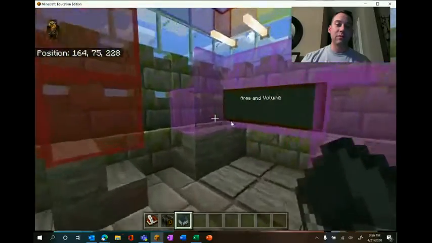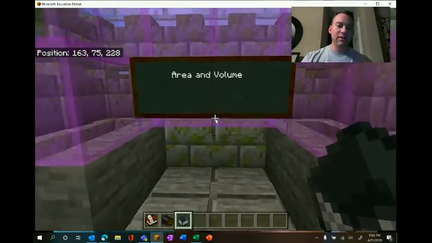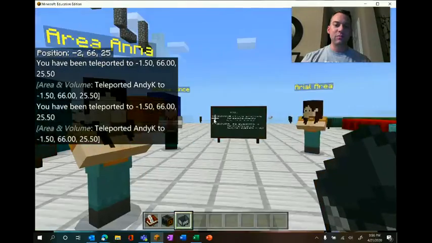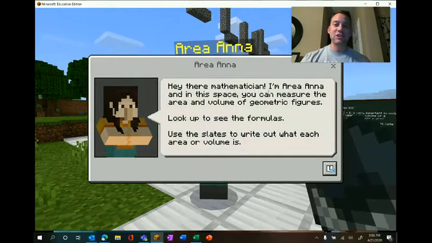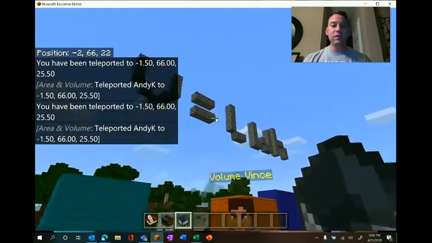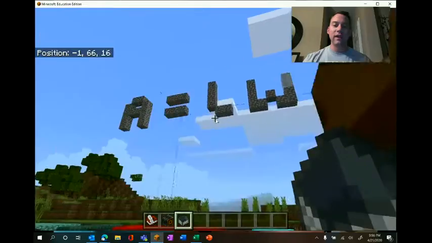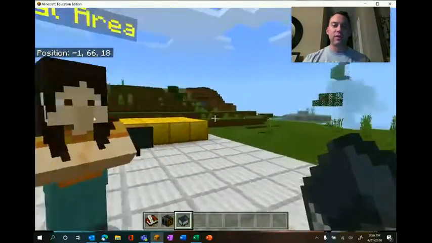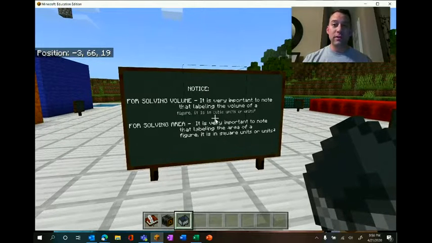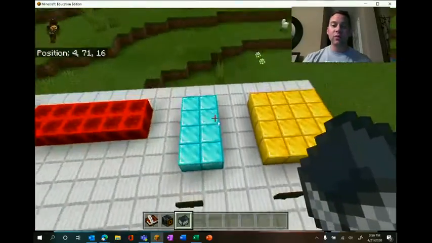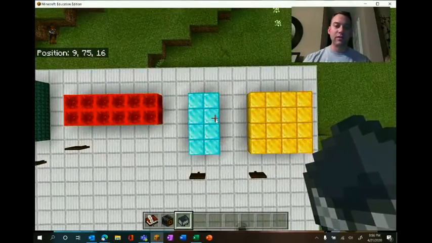Yeah. All right, so purple talks about area and volume, right? And so area and volume, we see that we have Area Ana, right? Hey, mathematician, Area Ana here, but we're talking about the space inside of a space, right? Look up to see the formulas. Volume is length times width times height, and area is length times width. But it's important to note that when solving volume, we are using cubic units, and when solving area, we're using square units. And so if I were to look up above, I would multiply the length times the width,